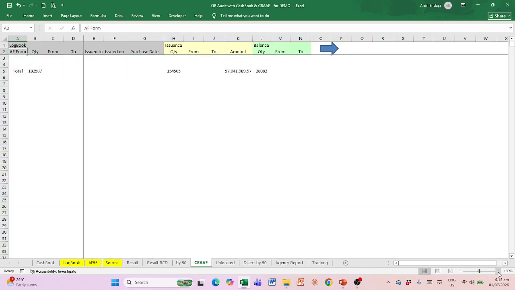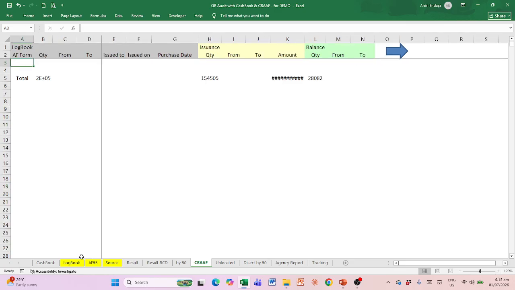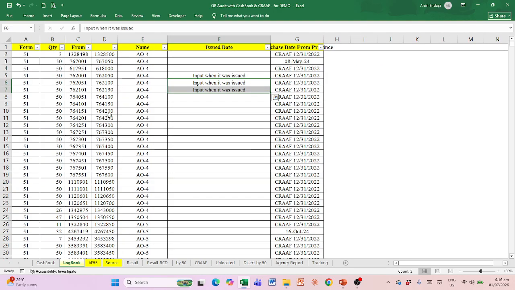Special attention, a critical rule. Every accountable form recorded in the logbook must be broken down into blocks that always end at a multiple of 50. For example, a beginning balance starting at serial number